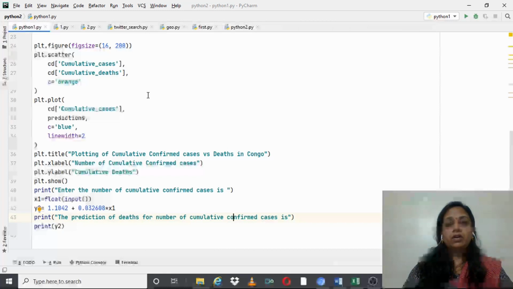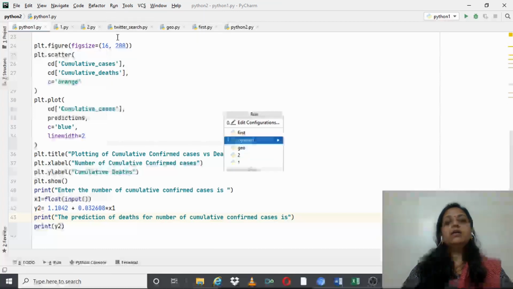Prediction has several factors which affect it. If the condition changes, like for COVID patients, if a vaccination is invented, then definitely this prediction will not work. This prediction will also not work if the values do not satisfy the linear graph or linear regression. A linear regression means one factor is dependent upon another. Let us run this program and see what values I get as the linear regression.